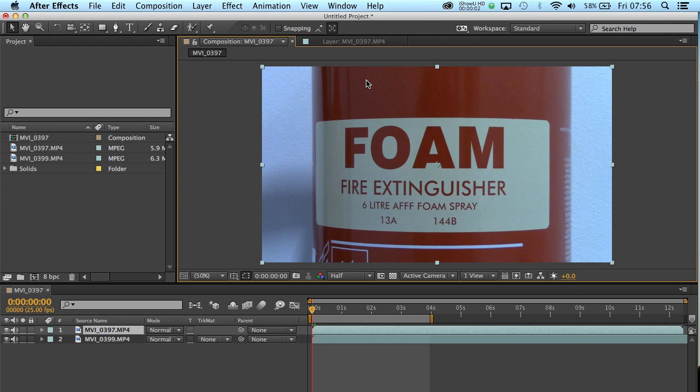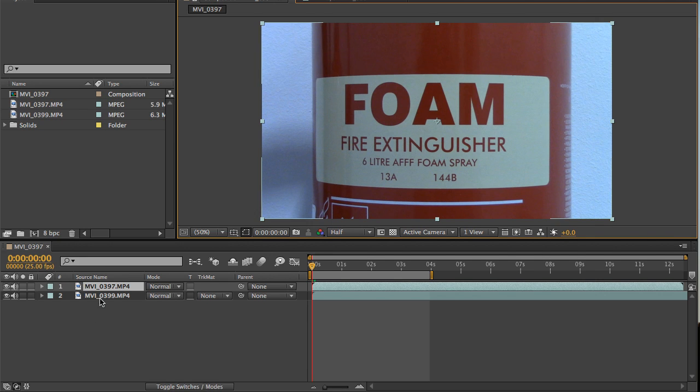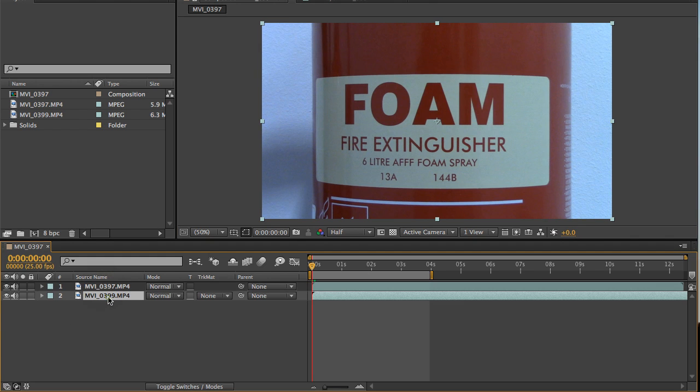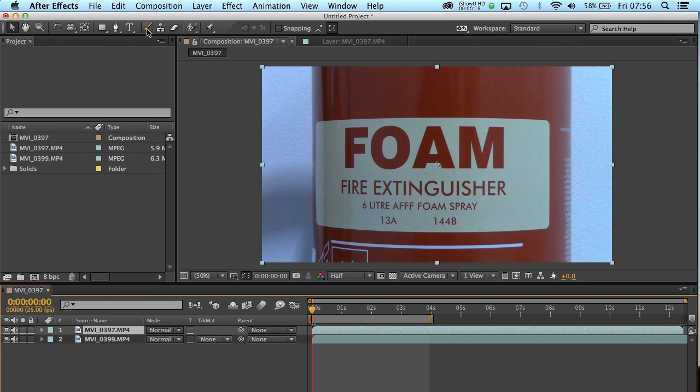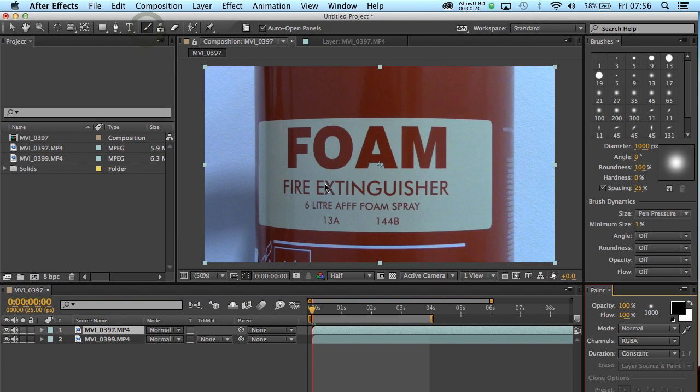Hey folks, welcome back. In this tutorial we're going to be using the paintbrush to create a video transition between two layers in After Effects. I've got two layers here on the timeline and I want to transition from the top layer through to the bottom layer. So to get started you need to click on the paintbrush here, and when you do, two option